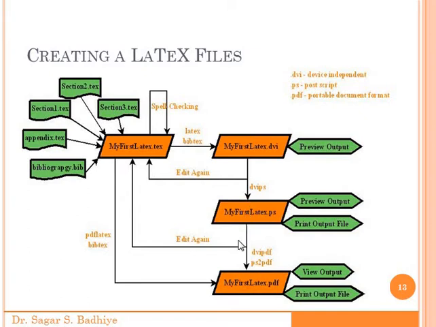If any correction is identified, then you can go back to the original file myfirstlatex.tex, edit it, and repeat the process until you are satisfied. Once you are satisfied with the PostScript version or the printout of the file, you can convert it to the final format, that is PDF, by using the DVI to PDF converter or the PostScript to PDF converter, which can be used as the final output and which can be printed and shared with others.